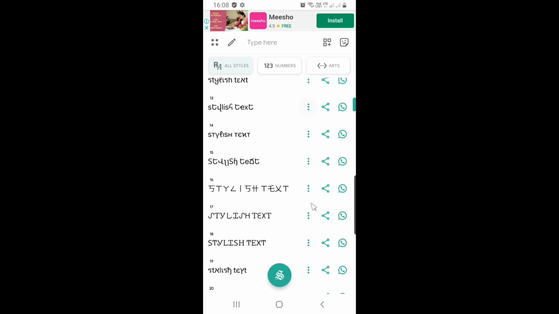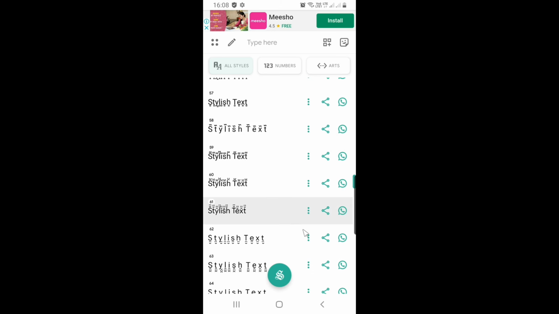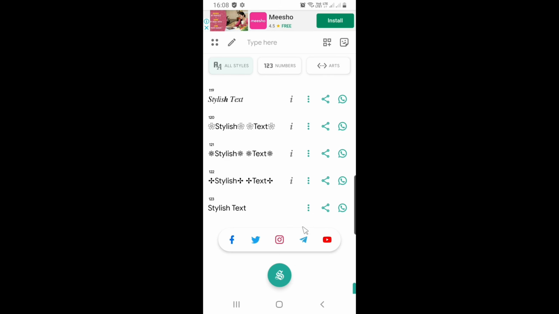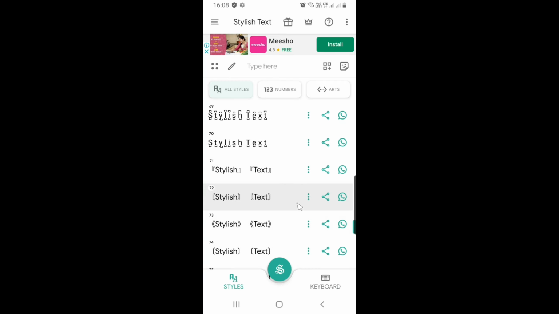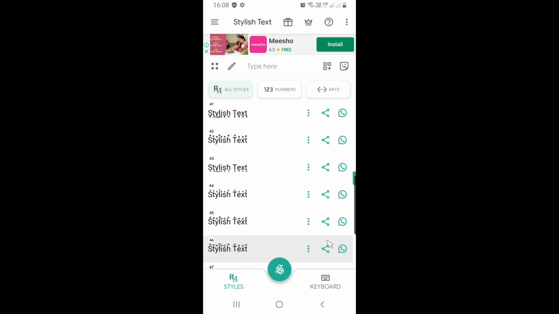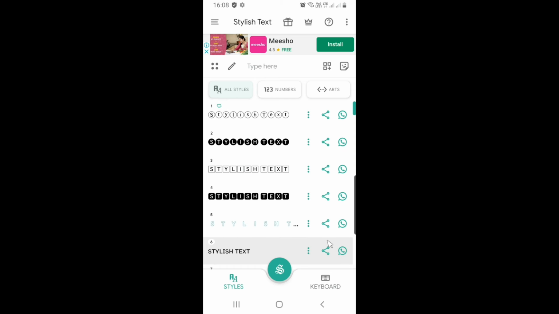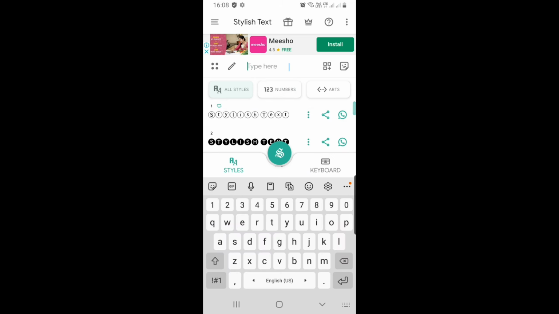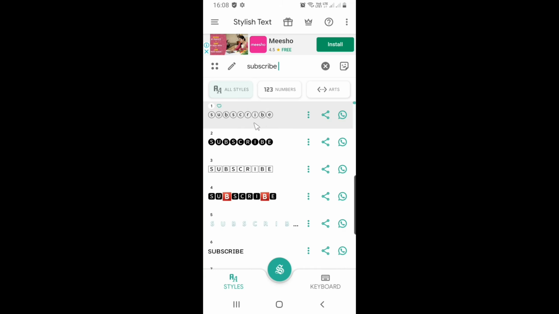Now there are many fonts as you can see over here. If you want to type something, like I will type here subscribe. As you can see, many are there, and if you want to copy it, you can.